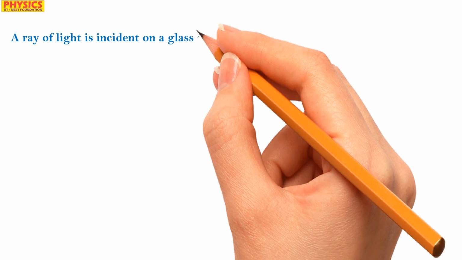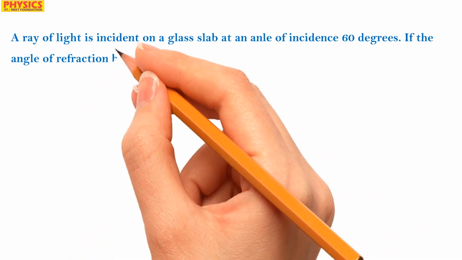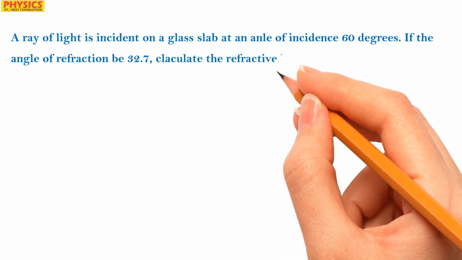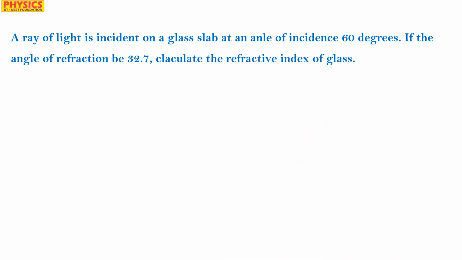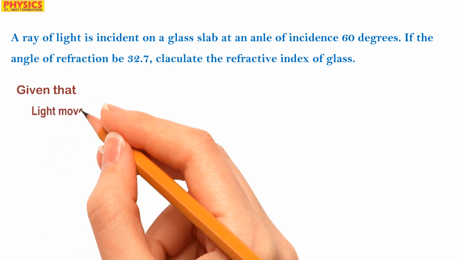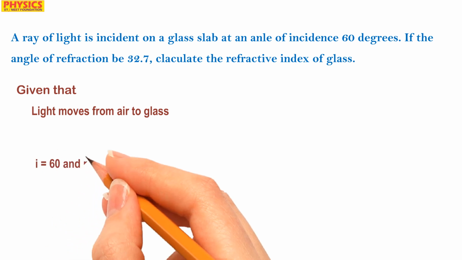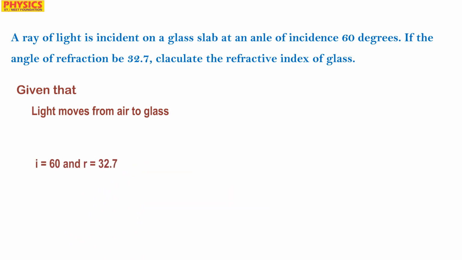Now let us calculate a numerical. It is given that a ray of light is incident on a glass slab at an angle of incidence 60 degrees. If the angle of refraction be 37.5, calculate the refractive index of glass. So here it is given that light is moving from air to glass. Okay, so at the air glass interface, the angle of incidence is 60 degrees and the angle of refraction is